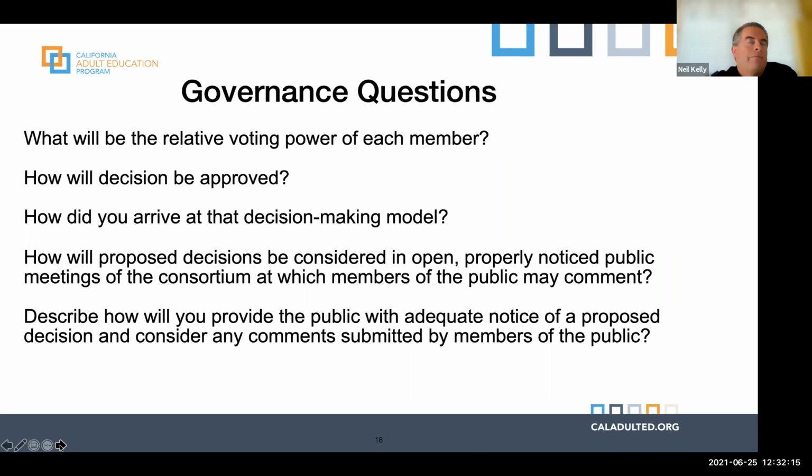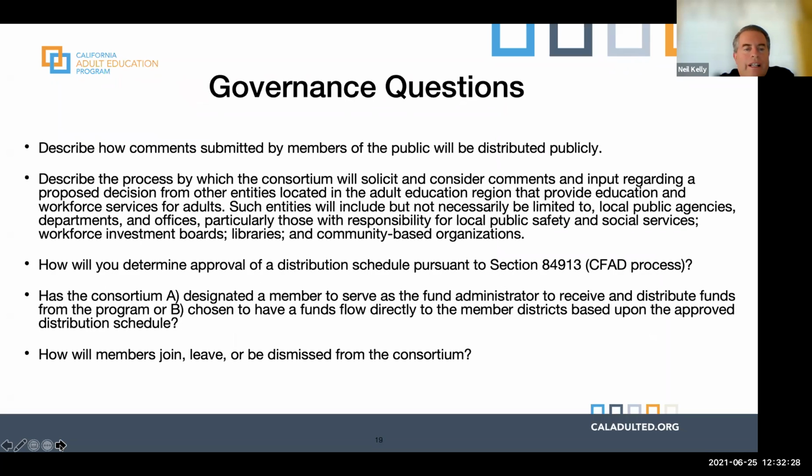So all these things shouldn't be new because they're all part of the education code, and they're part of the original governance document for CAPE. So next slide, please. And I think there's 2 other slides on the questions. There are a lot of questions, but this kind of ties into those assurances. So you can see where we're going with this.